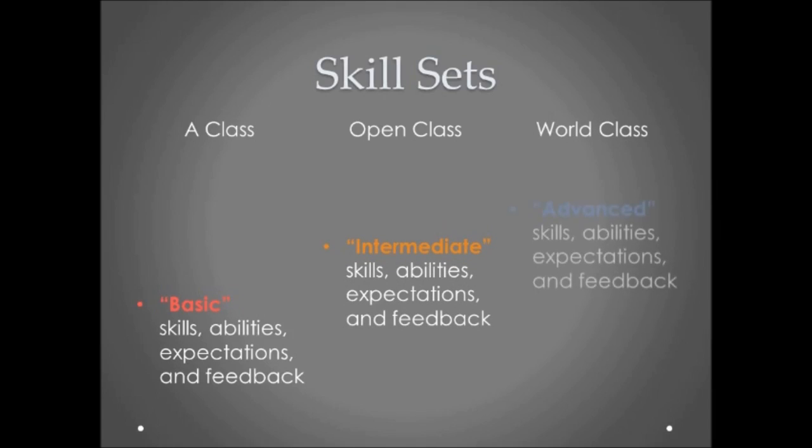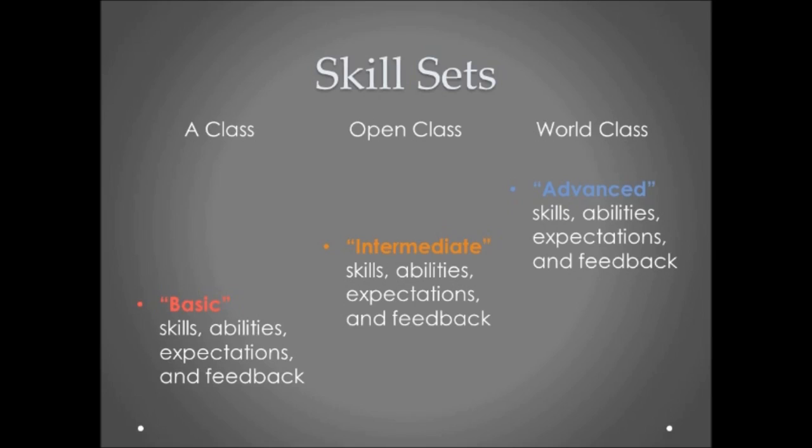We use these words, basic, intermediate, and advanced, to describe the skills and the abilities possessed by the performers and required by the composition and design of the show. We also use these words to describe the kinds of expectations that are going to be placed on the ensembles, both by the adjudicators and by the audience that's enjoying the performance. And we also use these words to describe the kind of feedback that these ensembles will be receiving from the adjudicators. This is oftentimes a very difficult thing to try to wrap your head around at the very beginning. And I have a metaphor that I use with a lot of people to try to illustrate the point and illustrate how we go about creating these different designations. I'd like to share that metaphor with you right now.